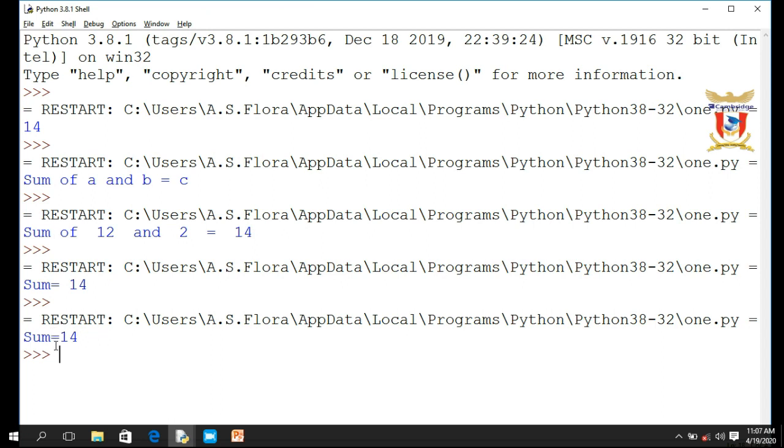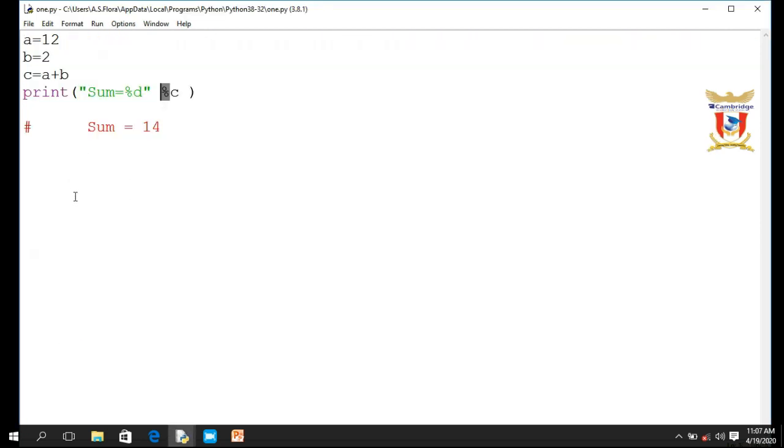Save it, and now the result is the same. So when you run this code, this %d is known as a format character and it acts as a placeholder. Placeholder means the value of this variable will be displayed in this placeholder.